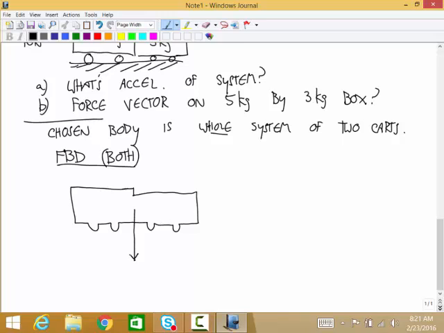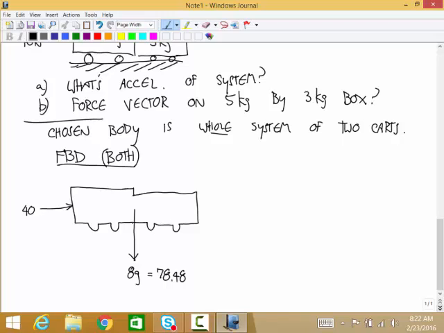So that's acting down like this, and it has a magnitude of the mass of the chosen body. What's the mass of the chosen body? 8, yep, times g. So you could write that as 8g, or I think that's 78.48. And now we can just go around the outline looking for places where the outside world makes contact with our chosen body. Okay? So definitely over here, something's making contact with it, applying that 40 Newton force.